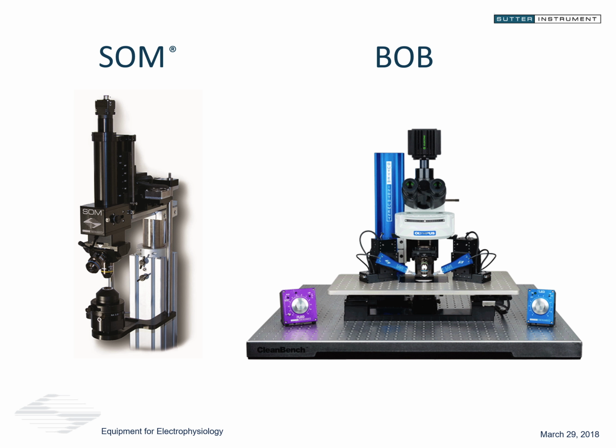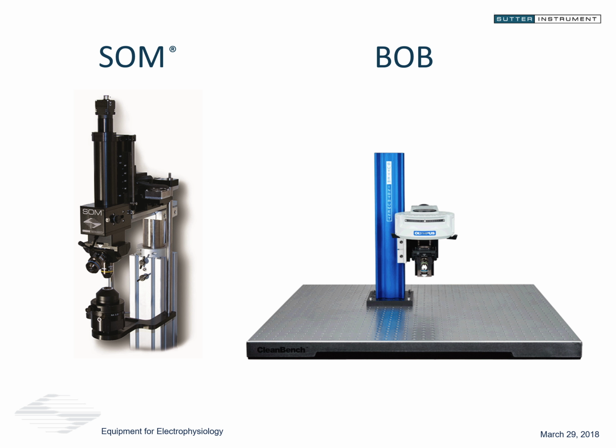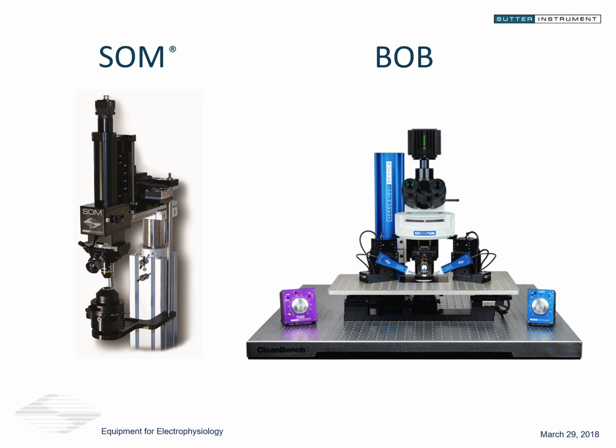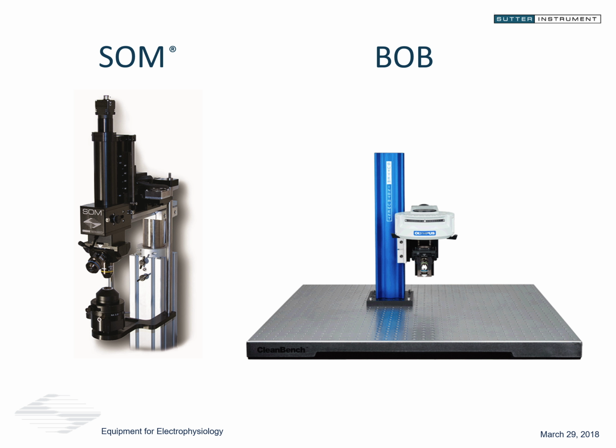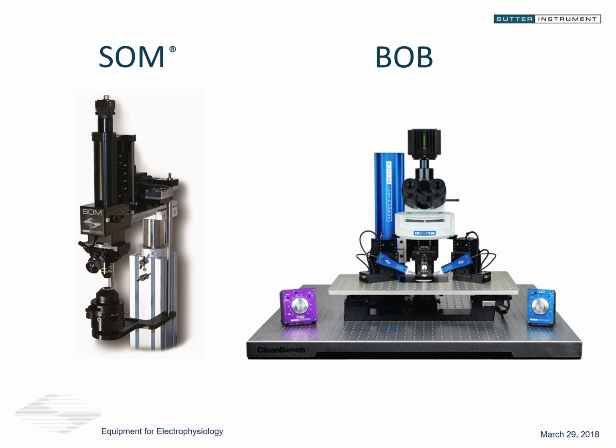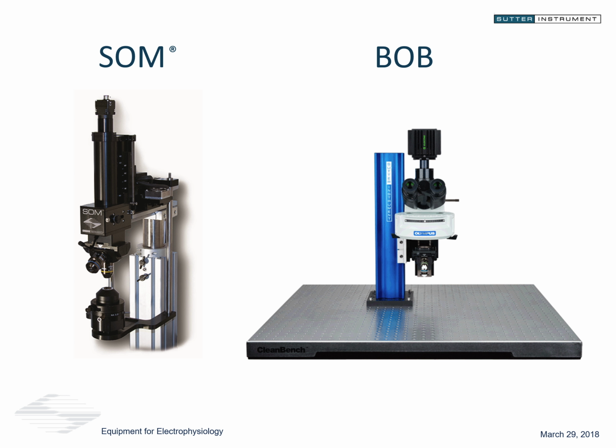The SOM is a very simple, as you see, fixed configuration microscope on the left. This can do some fluorescence, but it is very limited. It has a two-position filter cube, essentially. Small camera, as you see, a small condenser here. So somewhat of a limited setup, but sometimes smaller and simpler is better, particularly in electrophysiology. So that's popular for a number of applications.